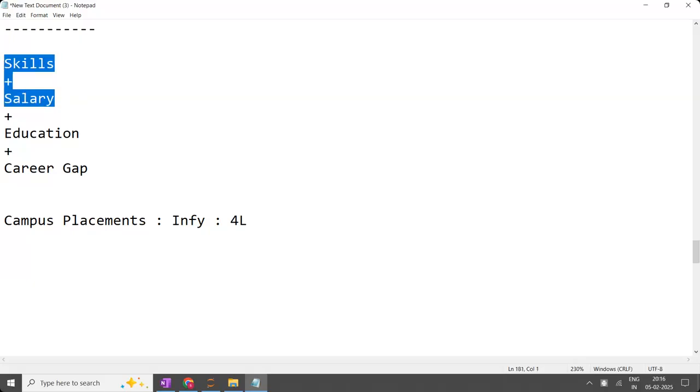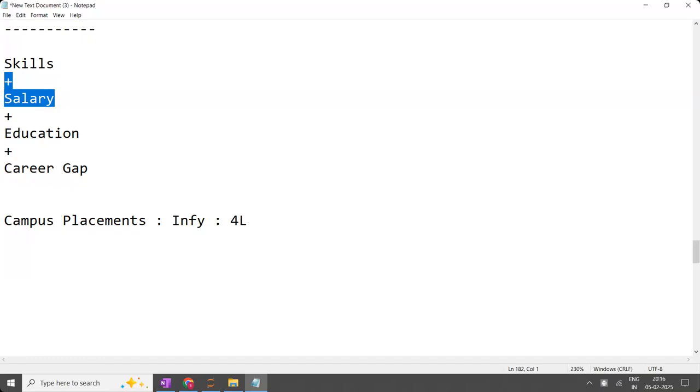And what is the next priority? Obviously, if everything is the same, the next priority is education. That is the reason BTech civil versus BTech mechanical versus BTech computer science. So computer science people will have more demand. Because the first two things are common, automatically we'll focus on the BTech or degree specialization, CSE or this one or that one, and CGPA.